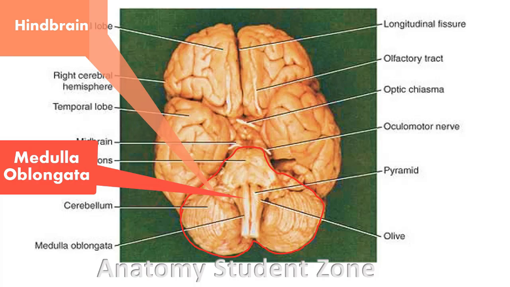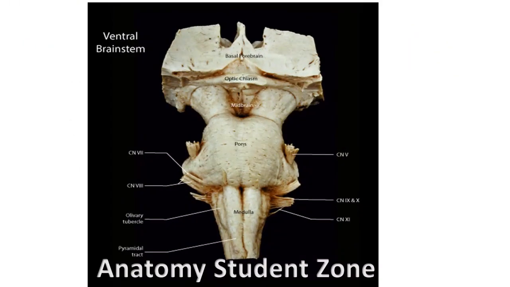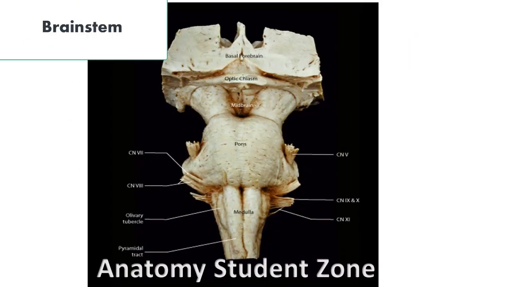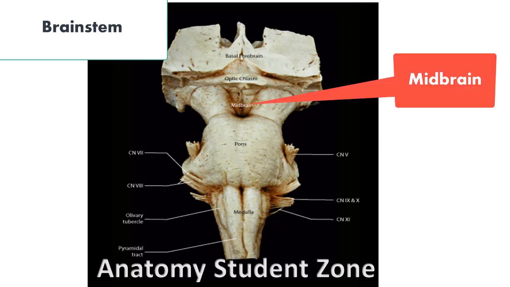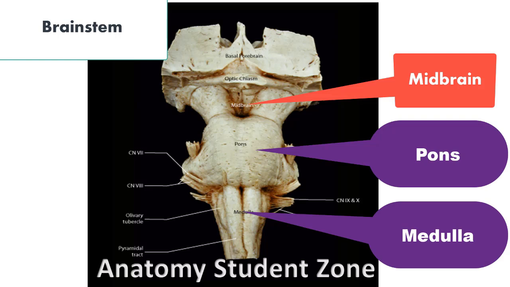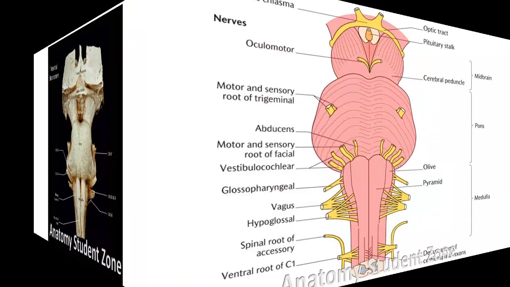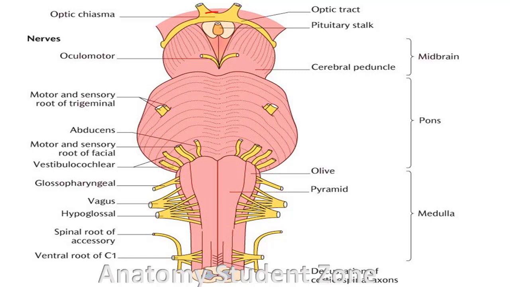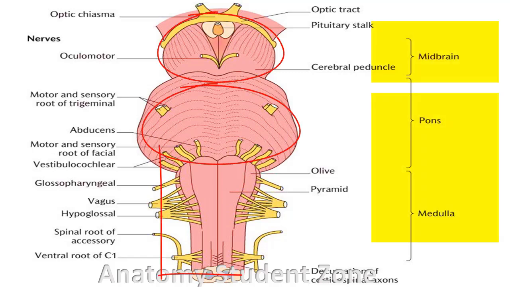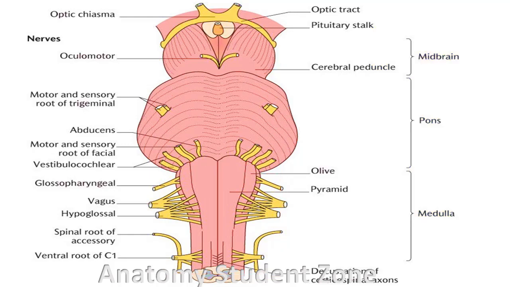In neuro, it's also very important to know about the brainstem, because you will encounter this chapter also. So what is the brainstem? It's exactly like a tree having its stem. Our brain also has its stem, and it includes the midbrain, pons and medulla. And you know, the pons and medulla are part of the hindbrain. So the midbrain and part of the hindbrain collectively form the brainstem. Later on, you will see that different cranial nerves emerge from the brainstem. A few will emerge from the midbrain, others from the pons and the medulla oblongata. Where the medulla ends, the spinal cord starts.